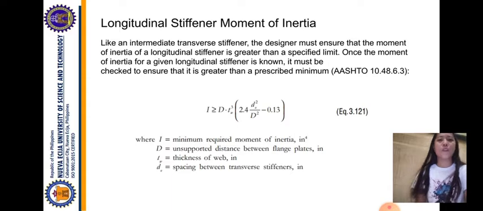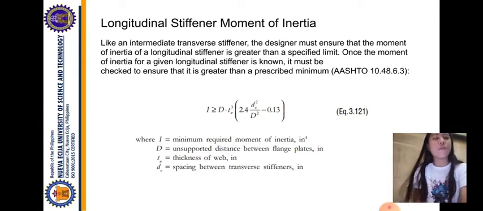Longitudinal stiffener moment of inertia. Like an intermediate transverse stiffener, the designer must ensure that the moment of inertia of a longitudinal stiffener is greater than a specified limit. Once the moment of inertia for a given longitudinal stiffener is known, it must be checked to ensure that it is greater than a prescribed minimum according to AASHTO 10.48.6.3, or I is greater than or equal to D multiplied by t sub w cubed multiplied by 2.4 D sub o squared all over D squared